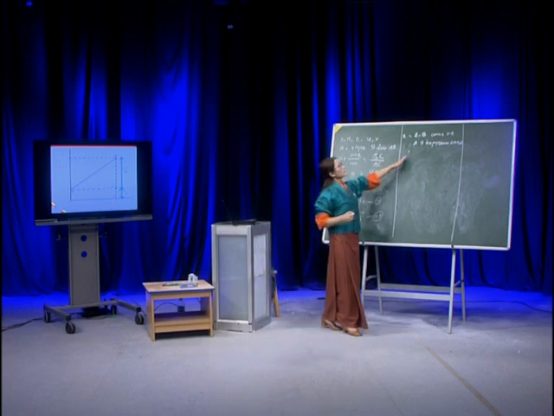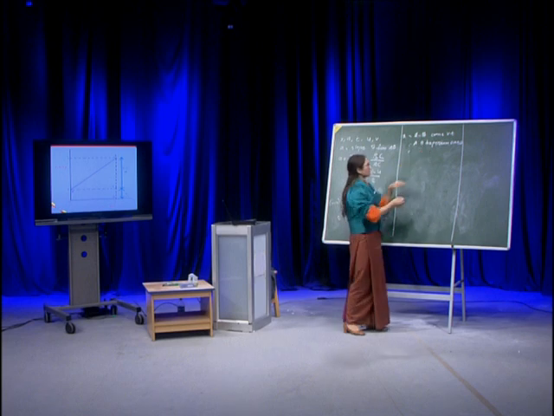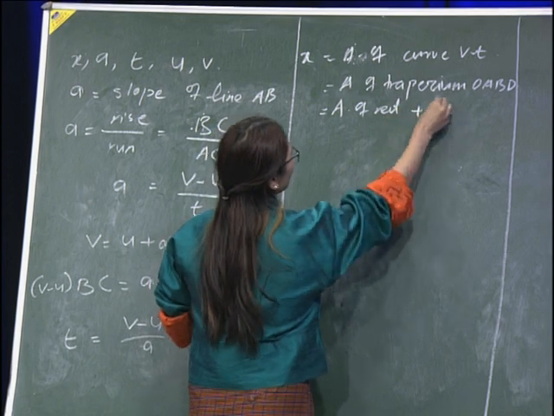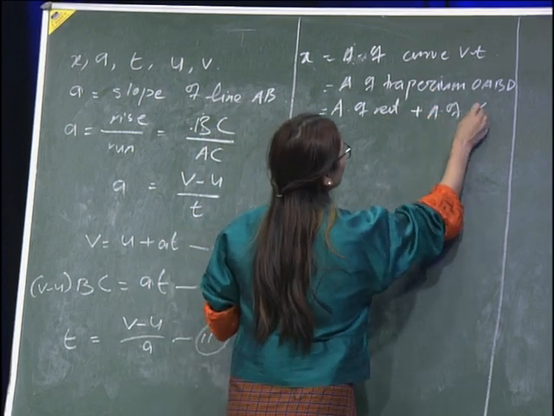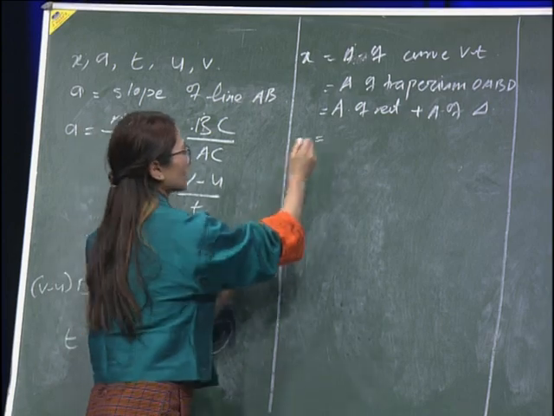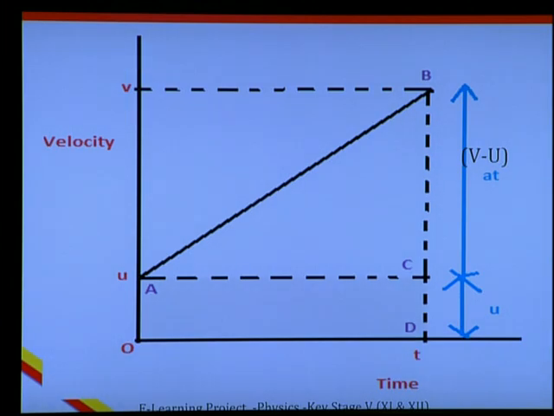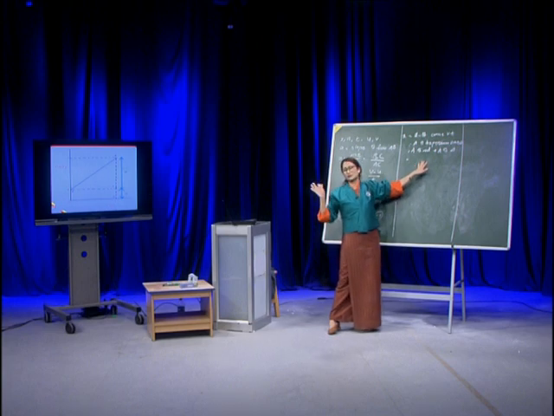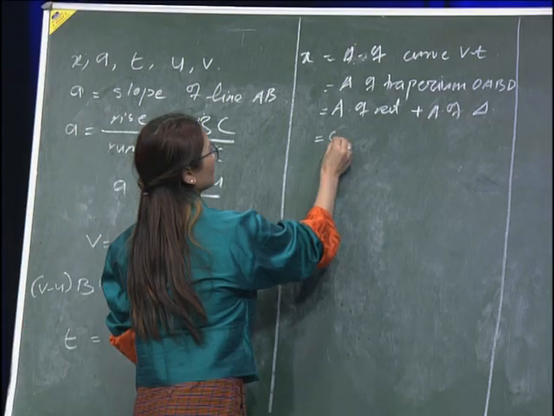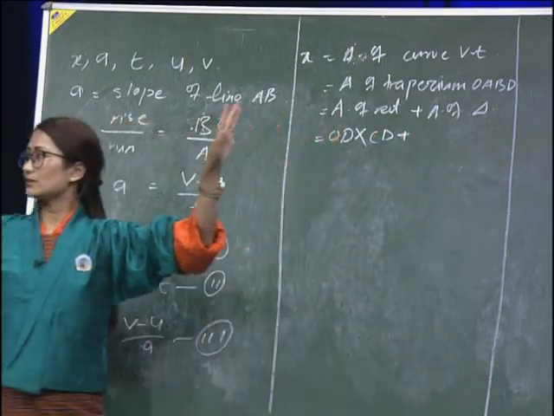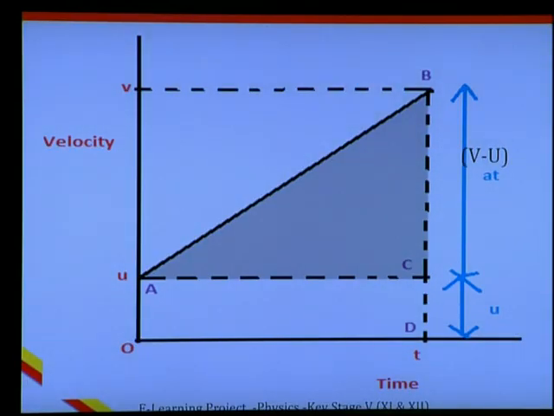Now, first let us do it by dividing this trapezium into two shapes, that is, we have area of a rectangle plus area of the triangle here. So, how do we calculate the area of a rectangle? Our rectangle here is OACD. So, area of a rectangle is length times breadth, our length is OD times our breadth here is CD, plus area of a triangle, the triangle is ABC, and